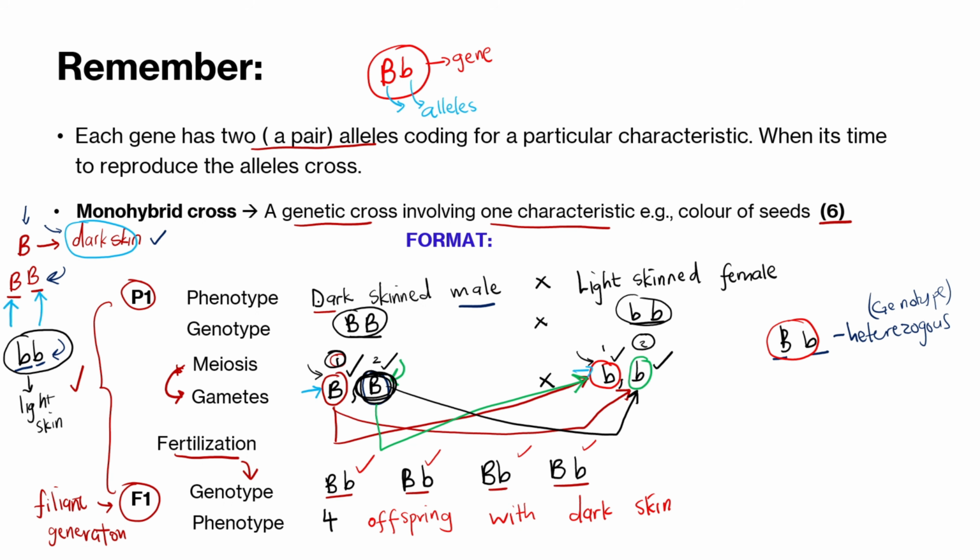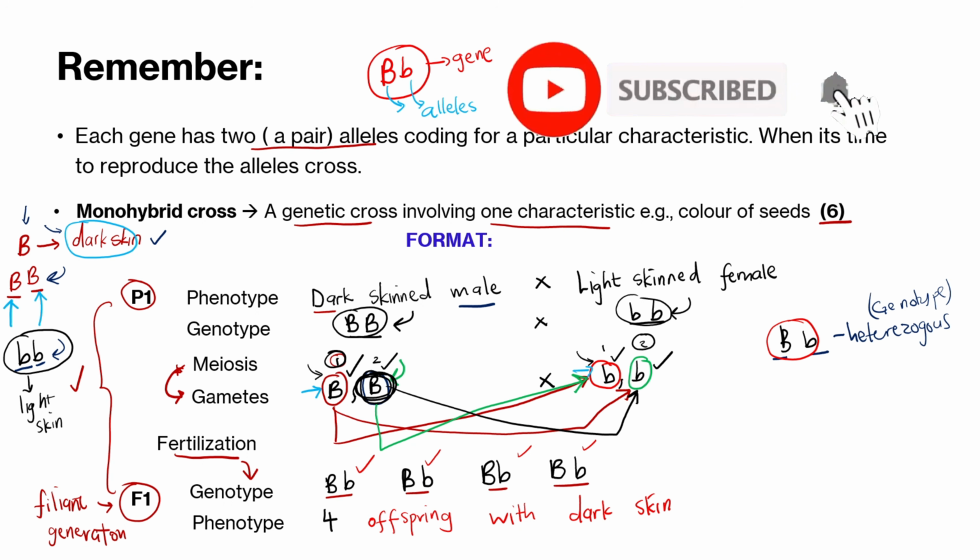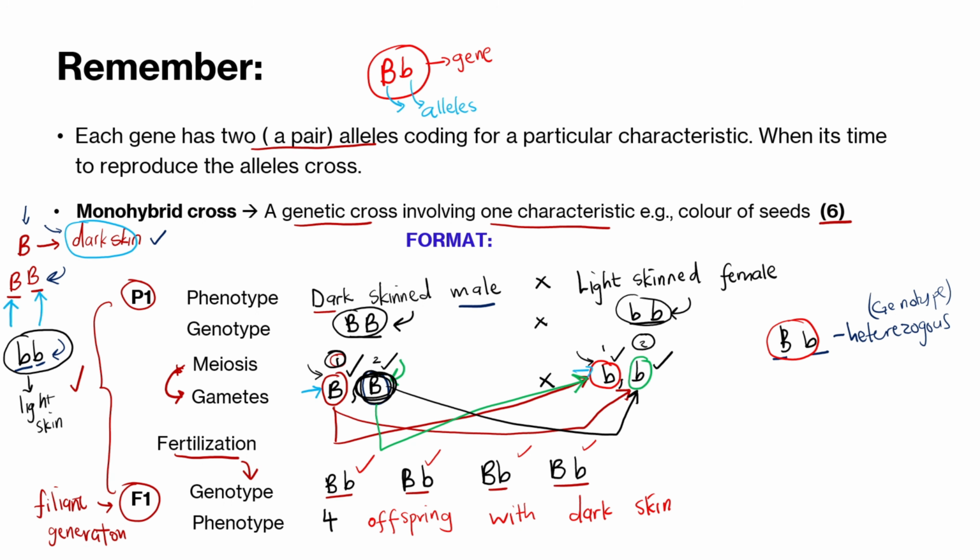So basically, if my genotype is completely dominant, that is, it is homozygous dominant, and the light skinned female is completely recessive, that is, homozygous recessive, then I expect only to find dark skinned babies because my characteristic is dominant. And you have proven this using a genetic cross. It's usually 6 marks, and the format here is 2 marks for writing the correct format: writing the P1, F1, phenotype, genotype, meiosis, gametes, fertilization, genotype, phenotype. That is 2 marks for writing that. And then you're going to get the 4 marks by using the correct cross.